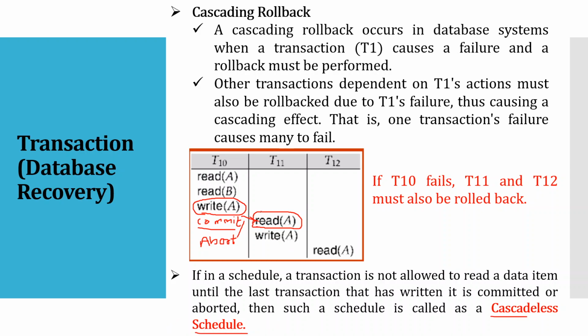That means if this transaction wants to read, and that is being written by this particular transaction, then that transaction should provide either a commit or abort message. Then and only then we can say it is a cascadeless schedule. Clear? So there is no interference between any particular transactions. One transaction is completing its task, and then the second transaction is starting its operations or task. Clear? So this is what a cascadeless schedule is. Clear with this, everyone? Clear with this?